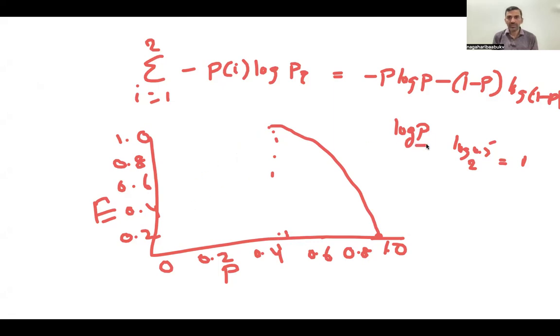What happens when probability is reducing? When p reduces, log 0 actually goes to infinity, but we don't want that to happen. We want to make the curve symmetric. When p reduces, the entropy should also reduce. That's why you multiply with p into log p. When p tries to reduce to 0, the log may become infinity, but since p becomes 0, you're multiplying with 0. So in that case, entropy becomes 0. And it is also valid, right?